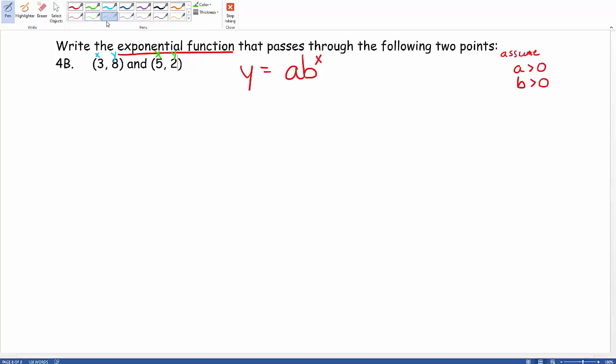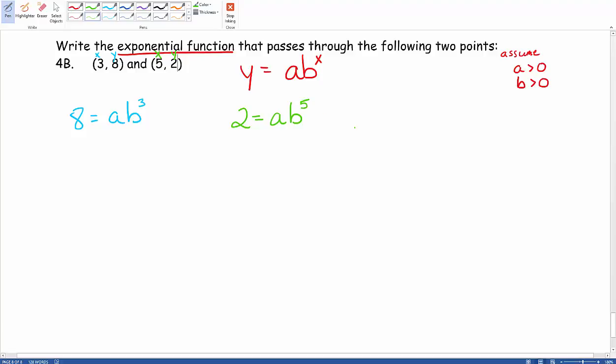Next, what we want to do is substitute our points into our exponential function. So when we do that, we end up with not y, but 8 equals some a, which we don't know, and some b, which we don't know, but raised to, for the blue one, the x value, which now is 3. Likewise, we'll do pretty much the exact same thing for our green one. Our y value is 2 equals our a and b, which we don't know, but that's raised to our x value,